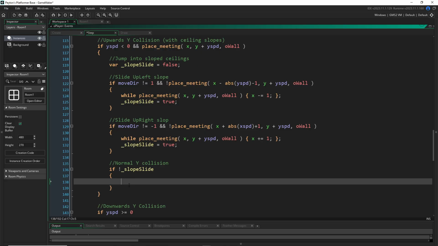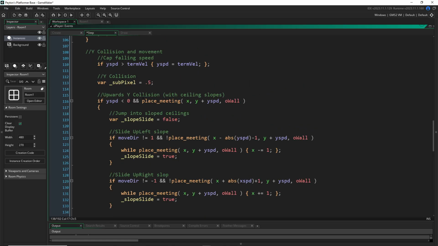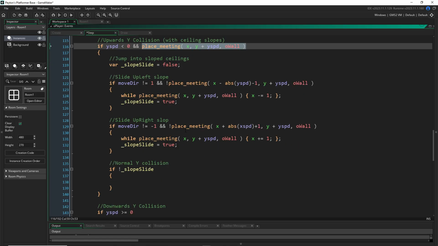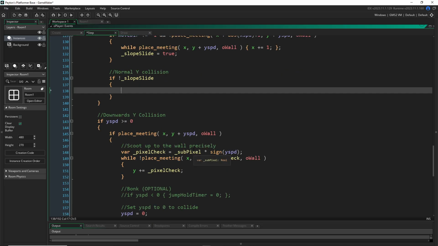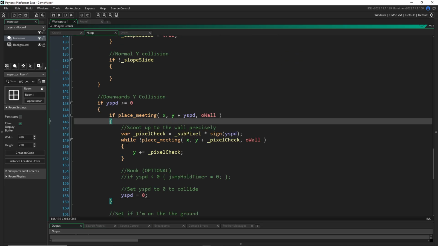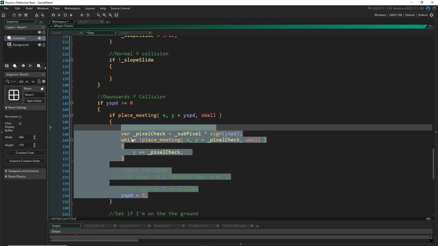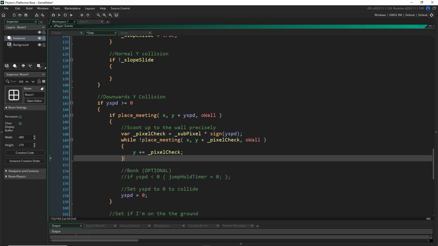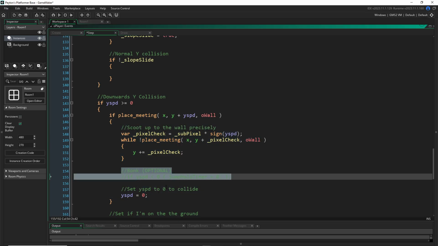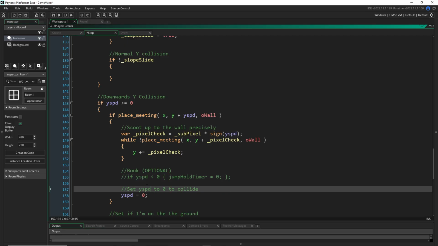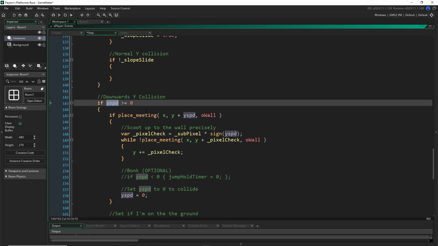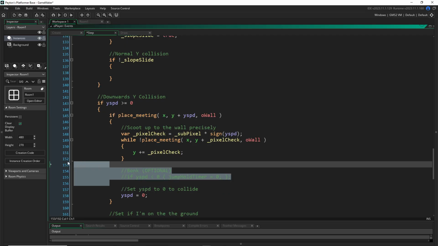But if we didn't do any sliding, that means this wall that we ran into while checking here, we can't get around it, so we have to do a normal collision. And that's basically going to be the exact same thing as this right here, because I forgot to get rid of this in this check, our bonking code. We definitely don't need any bonking code for our downwards Y check because we won't bonk into anything. We're just going to land on the ground. So I'm going to get rid of that here